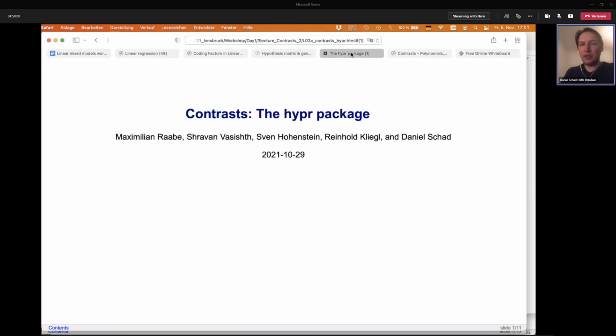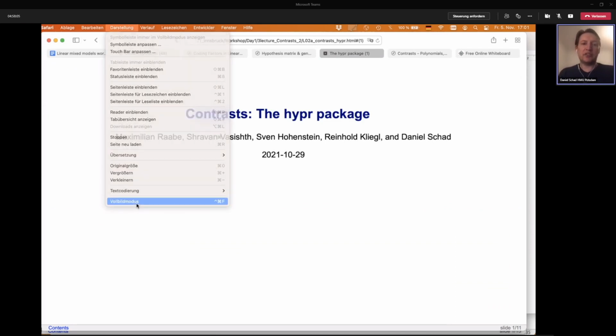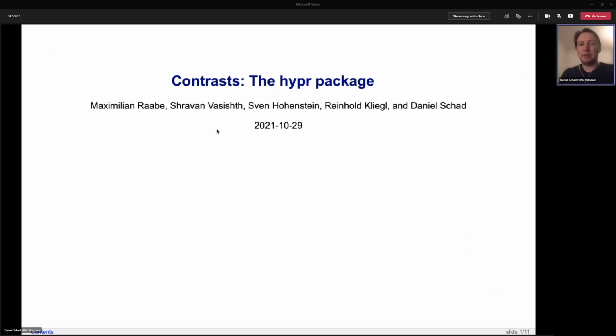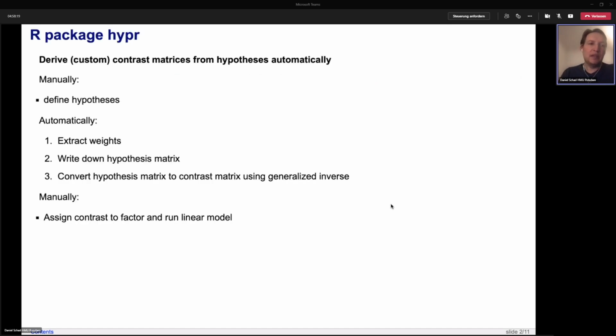So to ease working with this procedure, we developed an R package called the hypr package. Actually, Maximilian Rabe is the lead author on this. It can be used to implement this procedure that I just showed you. I want to present this package because I think it's a nice way to implement contrasts for the hypotheses in your research design. It's a way to derive custom contrast matrices